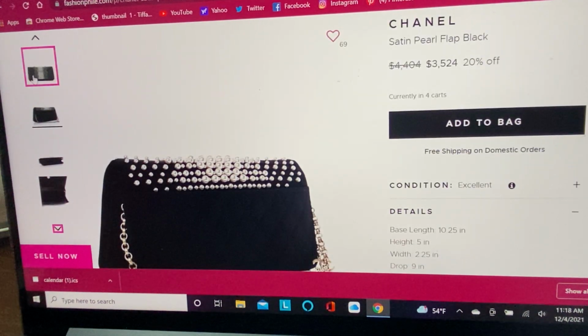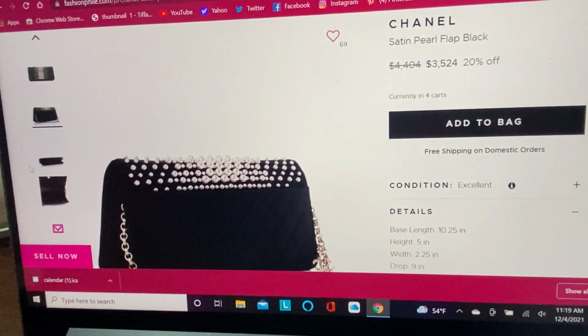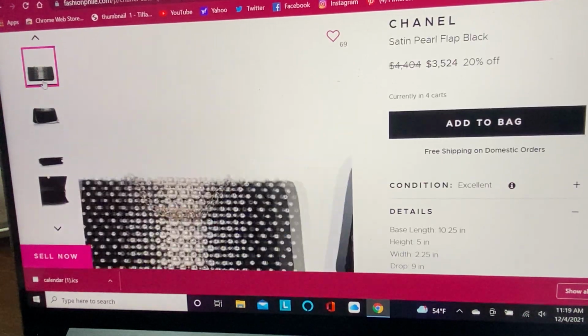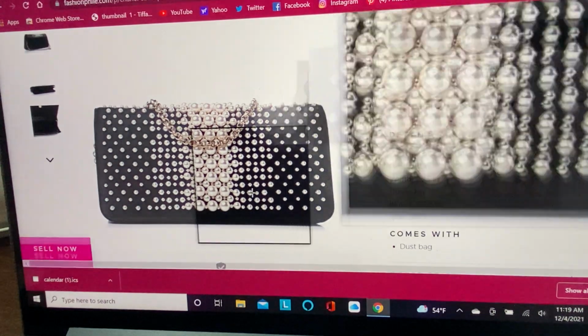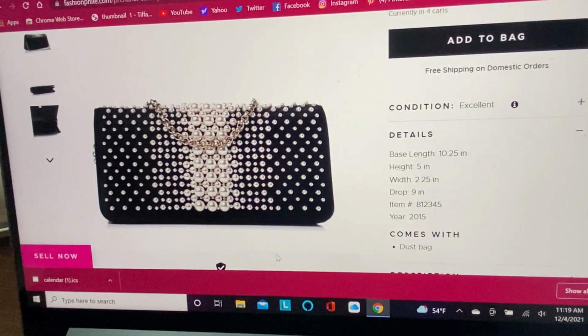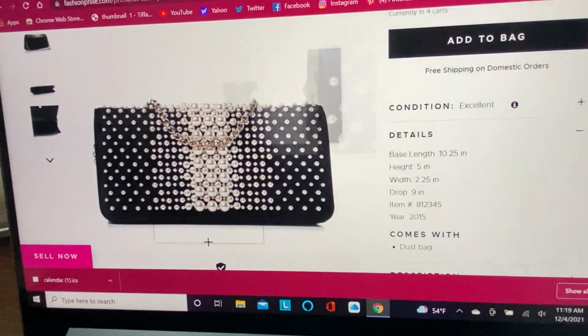So this is really, really pretty. And this is satin colored. This is satin too, and it's black. So this takes off all of my likes. First of all, the black satiny material is really gorgeous against the contrast against the pearls, and the pearl design